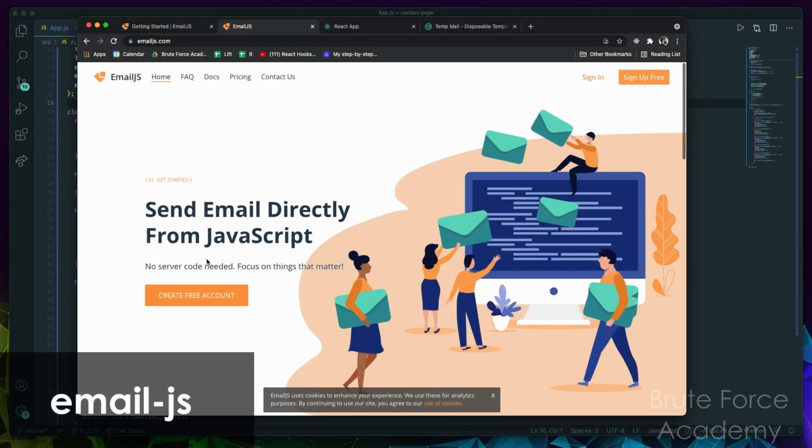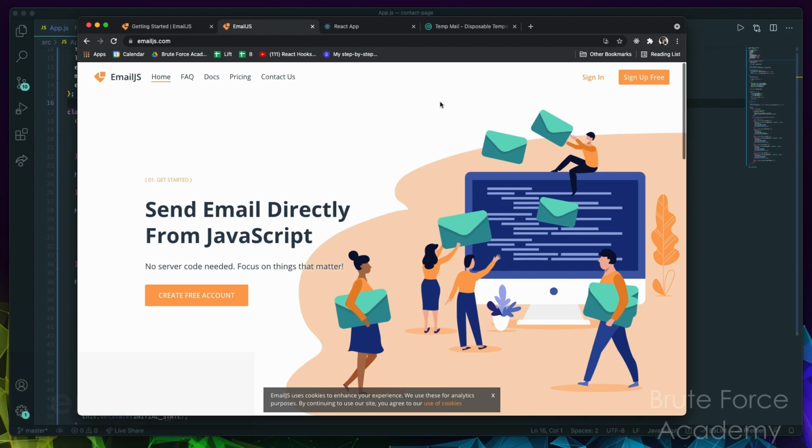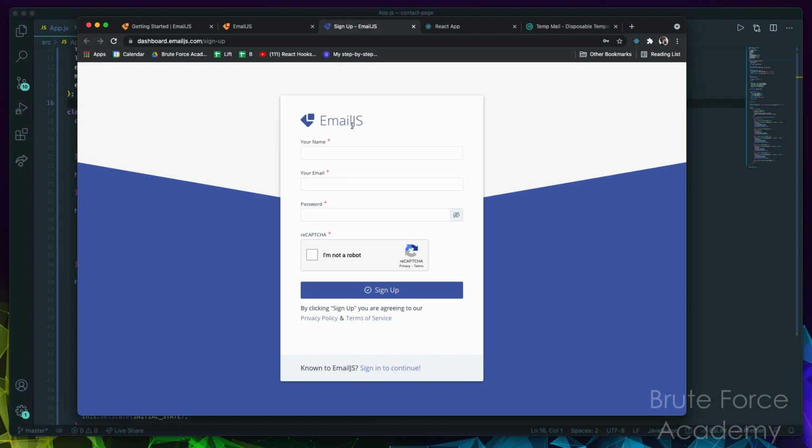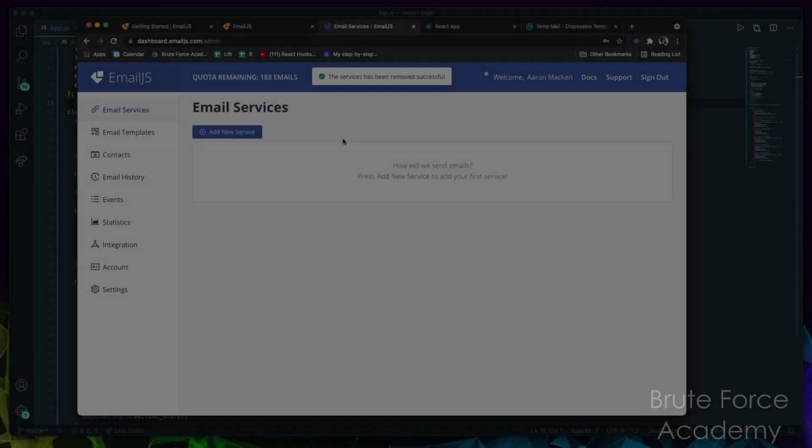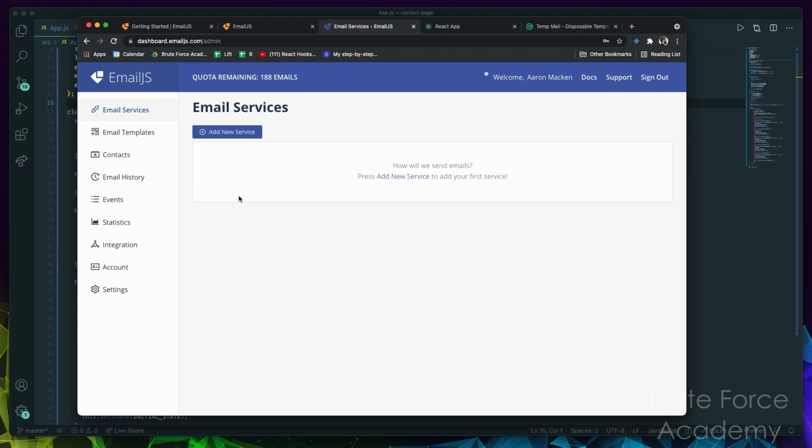Let's go ahead and get set up with EmailJS so we can actually use this contact form that we created to send emails and have them actually show up in our inbox, okay? So what you'll have to do is sign up, okay? I'll go ahead and do that now, and then just skip to the next page, but obviously you would just use your own name and your own email, okay, and then once you're signed in, you'll probably end up at